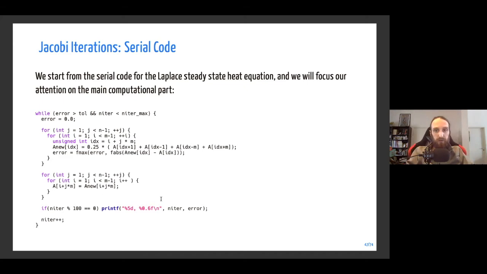So it's a very, very simple code. And this is a code that is highly memory bound, because we have a lot of memory operations for very few compute operations. So most of the time on the CPU, it's not so easy to parallelize or to get at least a good scaling.